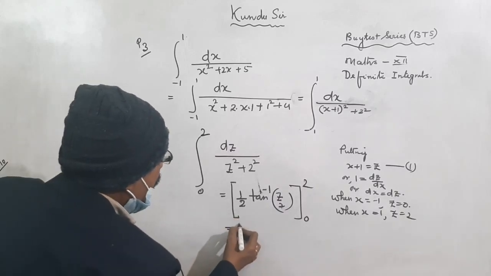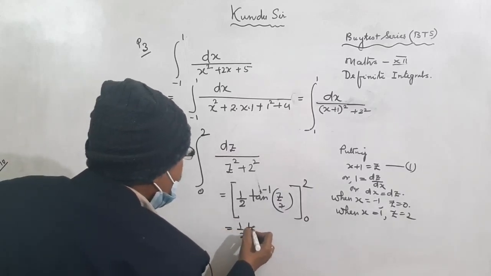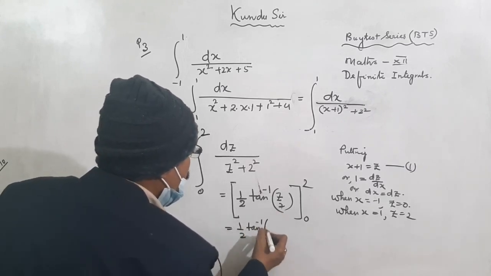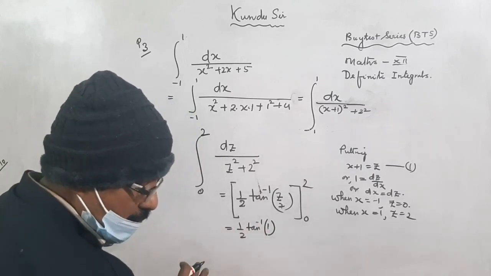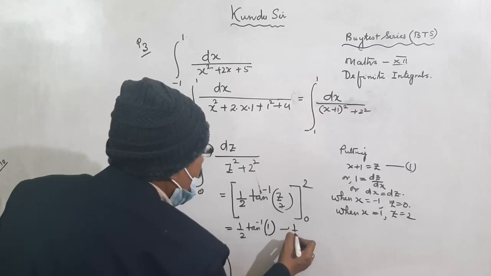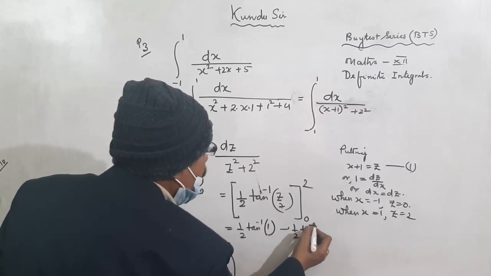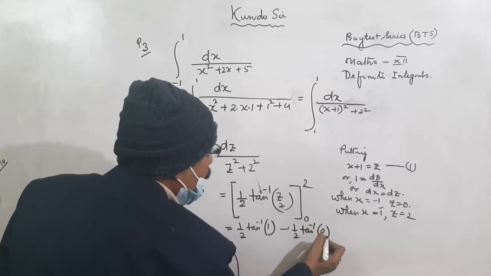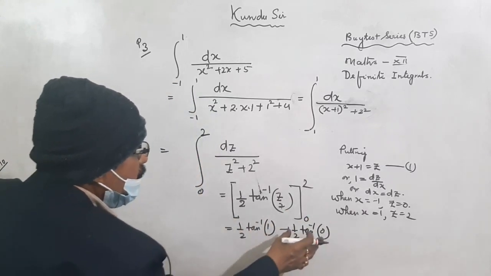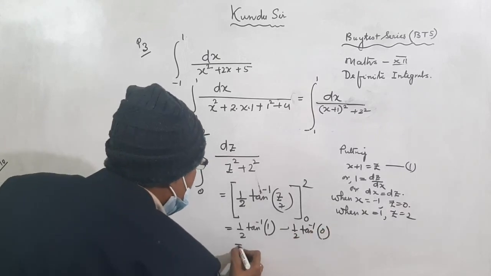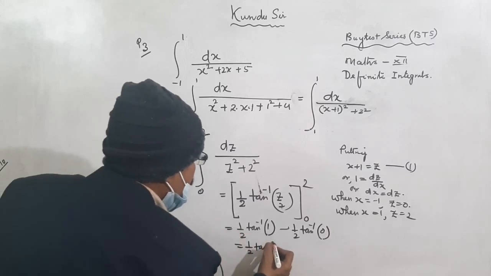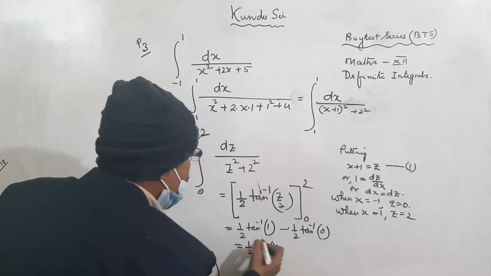Now half tan inverse 2 by 2 equal to 1, tan inverse 1, and half tan inverse 0. Tan inverse 0 means 0, that is equal to half tan inverse